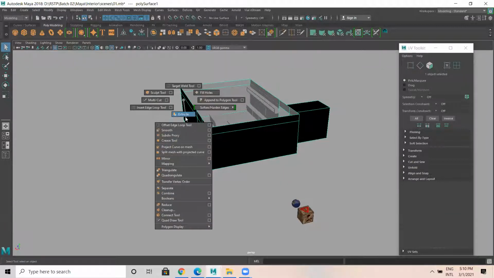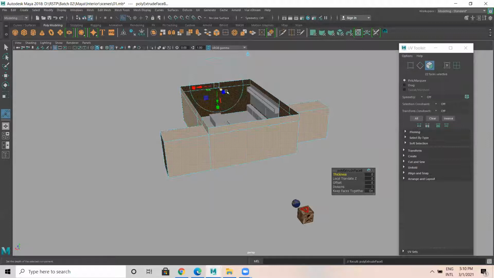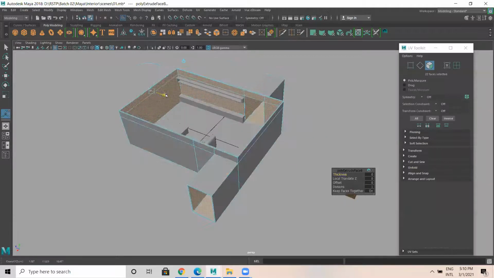I'm going to extrude this. I just give a thickness.